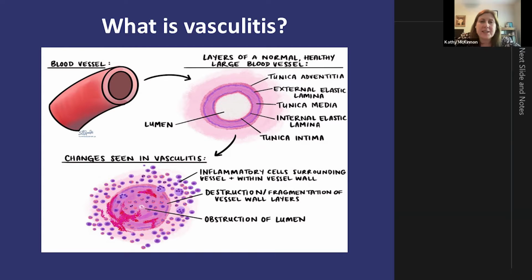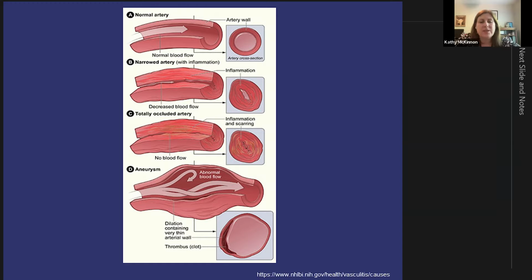And when you have vasculitis, or inflammation in the blood vessel, the inflammatory cells go into the vessel wall. They release inflammatory cytokines and chemokines, these chemicals that your body normally uses to fight infection and fight off invaders, now targeting your own blood vessels. And these vessels over time can become damaged. They can become leaky. They can become fibrotic, where scar forms from this inflammation. And they can form aneurysms, which is actually widening or outpouching of the blood vessels that's not normal. The slide just outlines what the consequences are of having vasculitis.